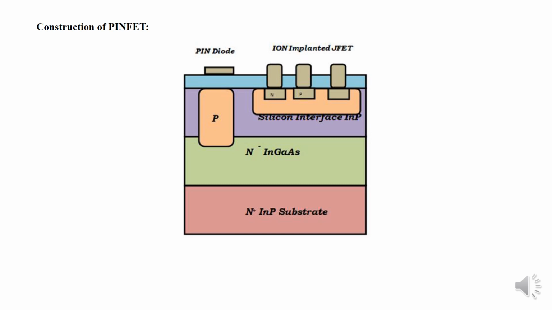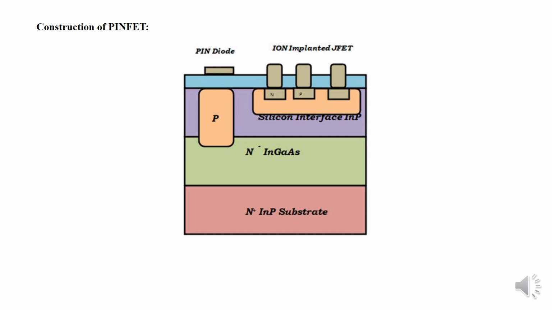And third one is the atmospheric pressure metal organic chemical vapor deposition technique. And next one is ion implantation. By this process, which is done in series, the FET is formed, and by the deposition process